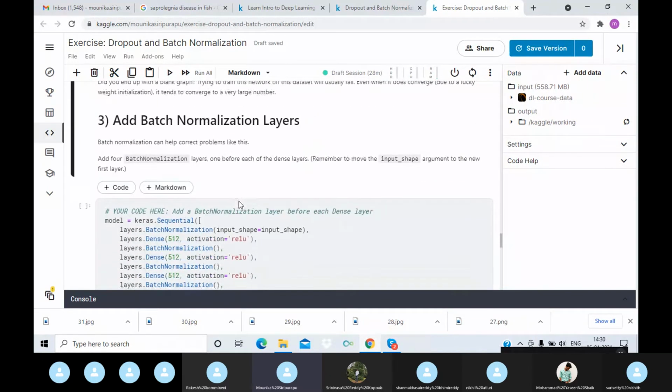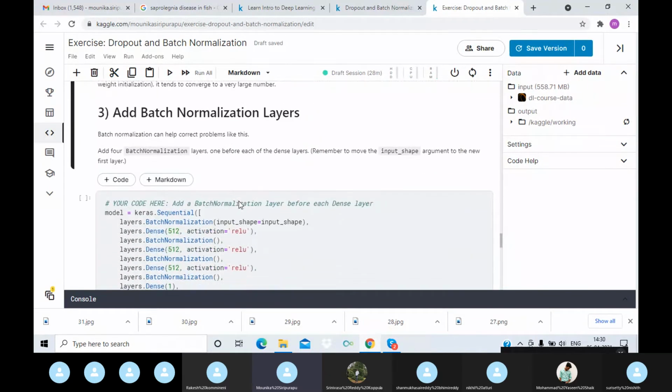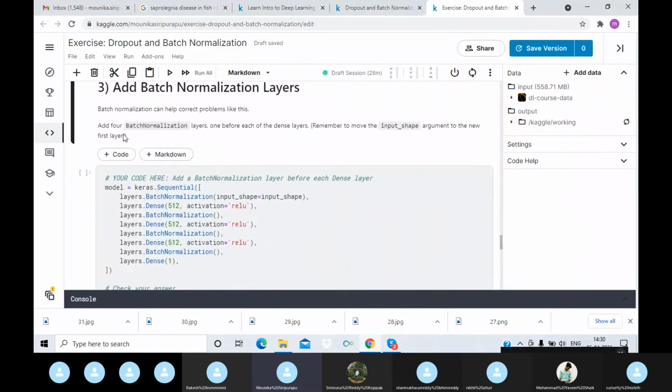Now we'll be adding the batch normalization layers. Add 4 batch normalization layers, one before each of the dense layers. Remember to move the input shape to the new first layer. So here we will be adding model equal to keras sequential, with the first batch normalization layer taking the input shape, followed by the first dense layer of 512 units.